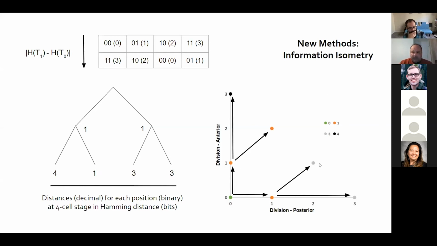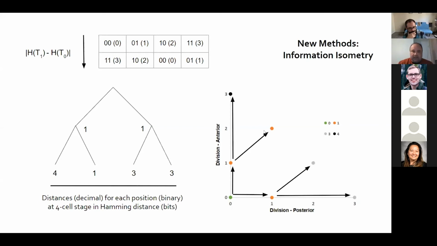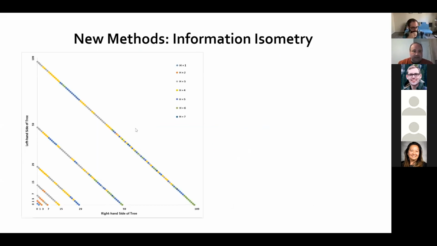And you can actually plot them in a bivariate space. In this case, we've plotted it so that you can look at the evolution of these distances. For example, you start off at a distance of 0, you go to a distance of 1, and then 3, and then 4. And you can maybe see how different these lineage trees are over the course of cell division and differentiation. These are what they look like as visualization tools.